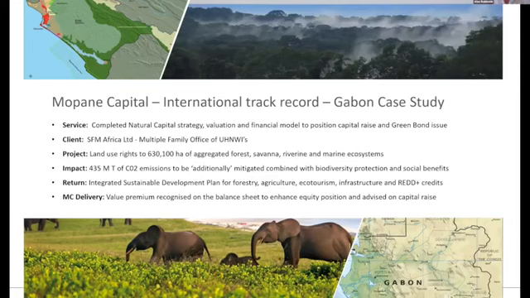So let's take this project as a quick example. The project Mopani advised on in Gabon for a family office. There's a big difference in scale. First up, 630,000 hectares of aggregated forest, savanna, river and marine ecosystem. Amazing project, sits in between 2 national parks and a marine reserve. And just to give you an idea of scale, this is 630,000 hectares, roughly twice the size of Gloucestershire. So it's a whopping great big place.